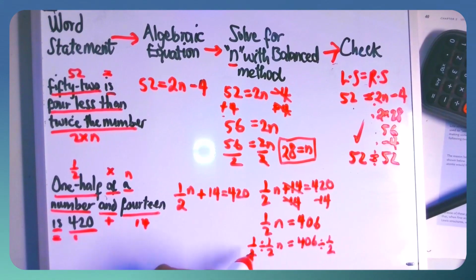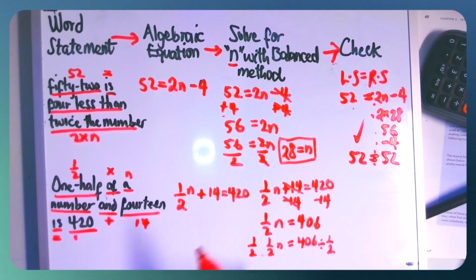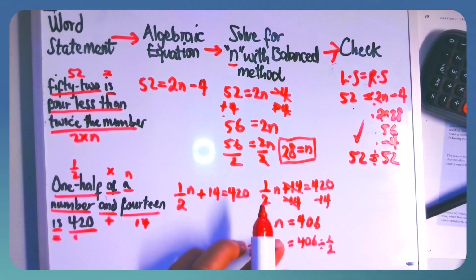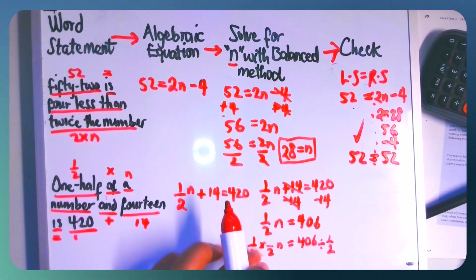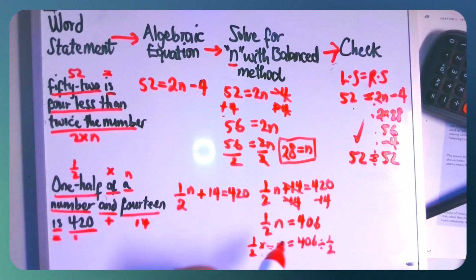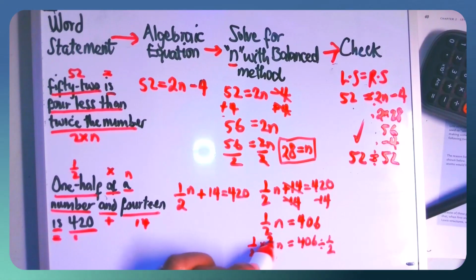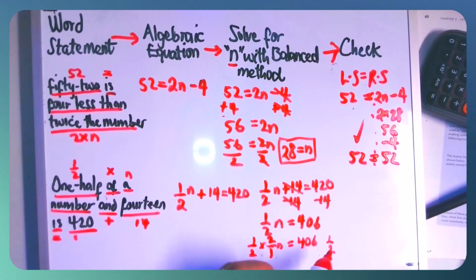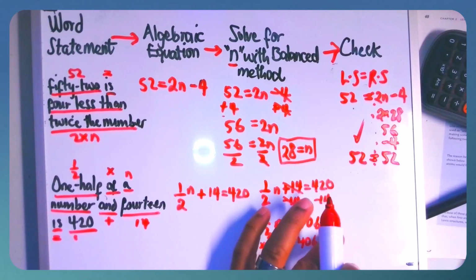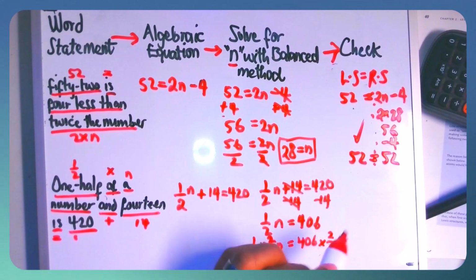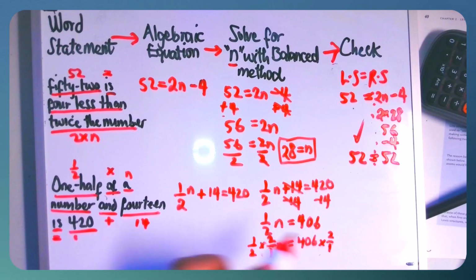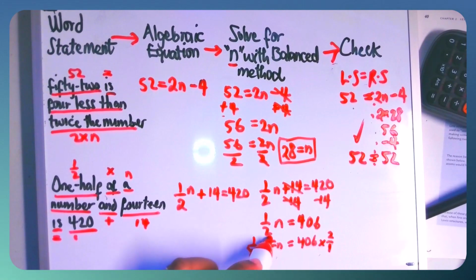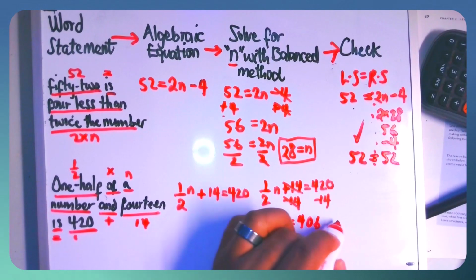So remember here that we have to change it to a multiplication sign, which is the same thing as keeping this fraction here and flipping the other fraction, so it will become 2/1. And the same thing applies here. I'm going to change this to a multiplication sign, and that means my 1/2 becomes 2/1. So that means now that my 2 cancels out the 2, I'm left with n as the left side,